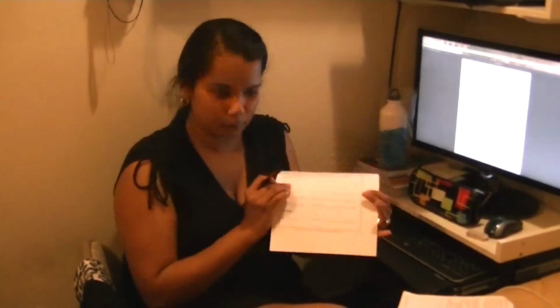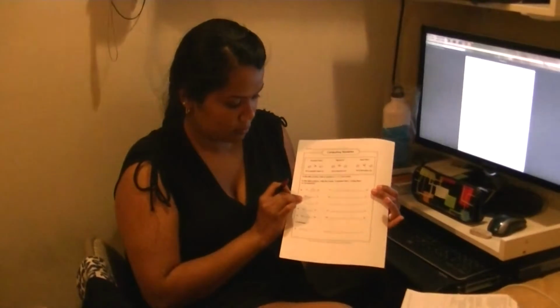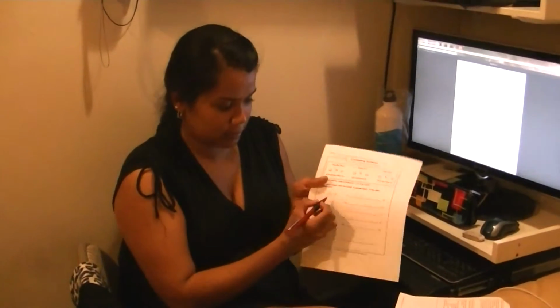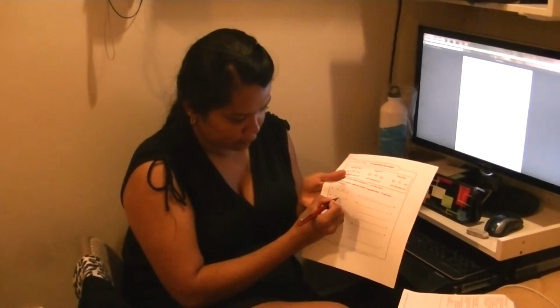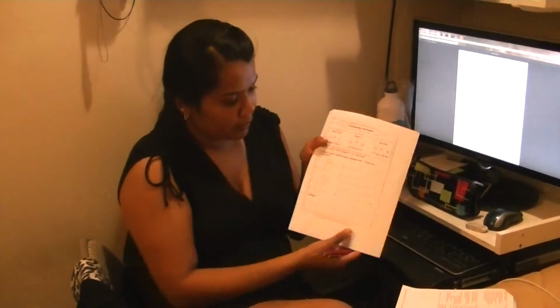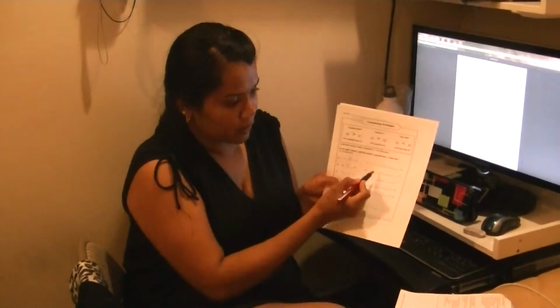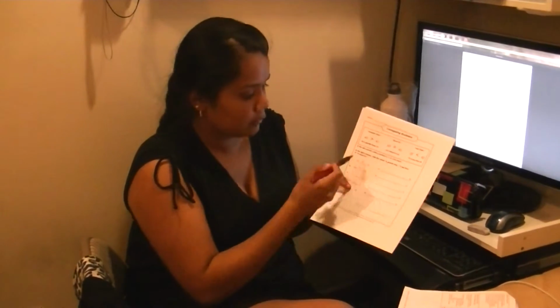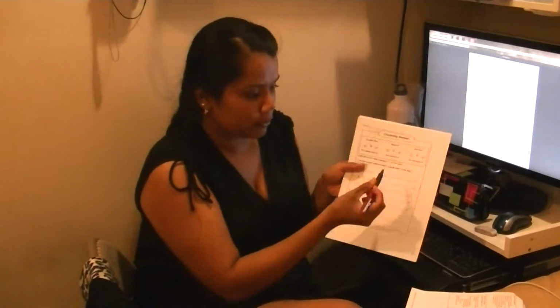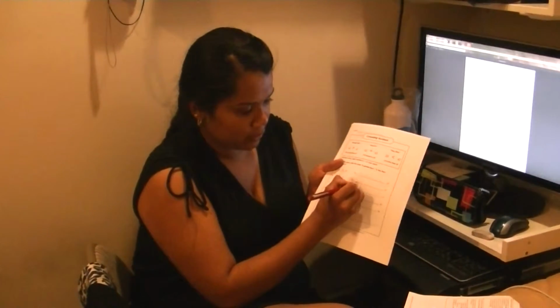32 and 27. 32 would be the bigger number. Yes, so the alligator would want to eat the 32, because he always wants big. He doesn't want to eat the smaller number. Now they're asking you here to write it out instead of using the symbol. So again, 32 and 27. 32 is greater